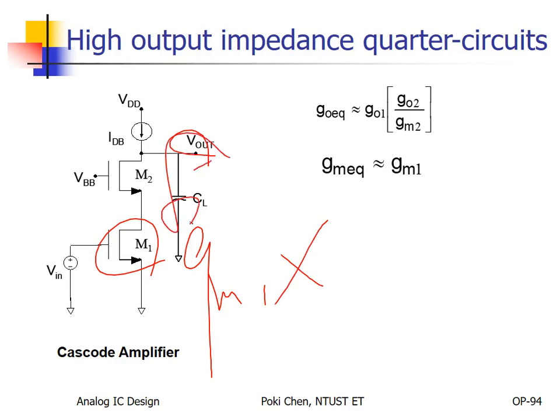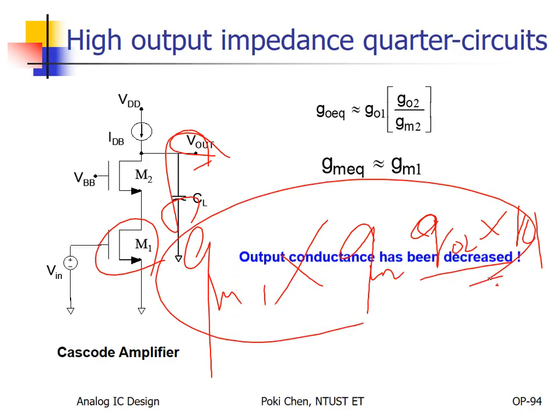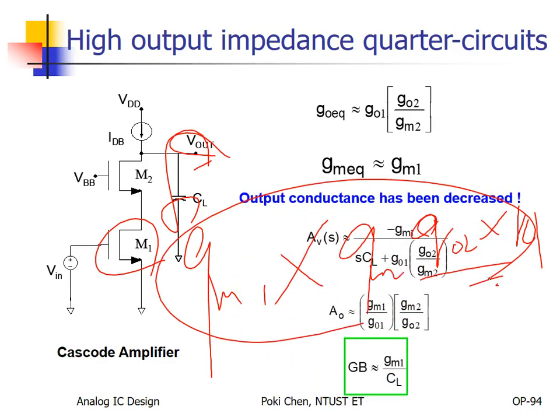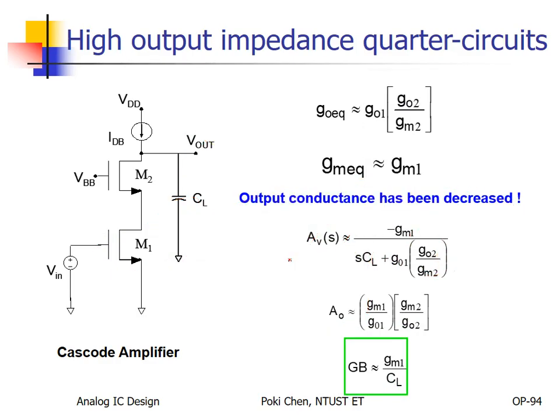So what is the output resistance? That is gm2 and ro2 and ro1. Okay, that's it, all of them. Then you will get the gain. Just do it by yourself. Okay. If you consider the output load, then